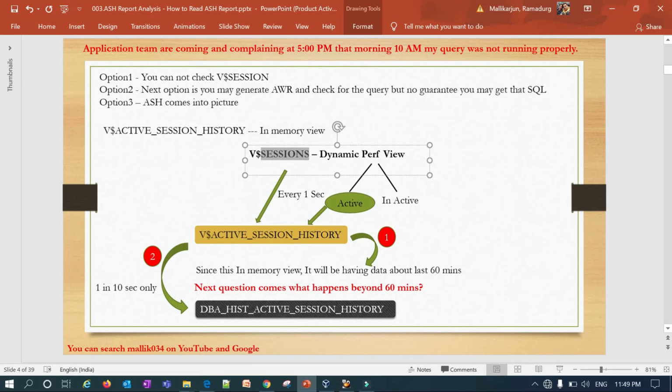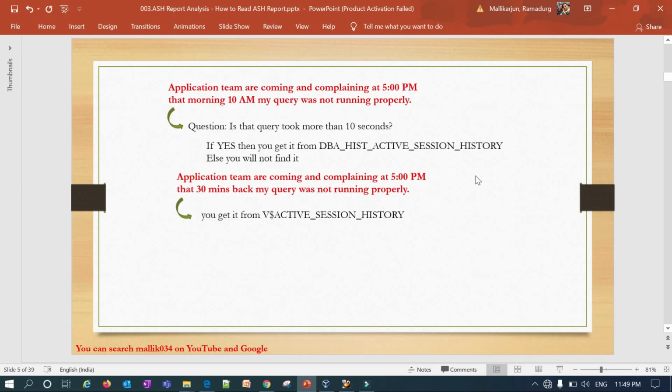And if the query ran beyond that 60 minutes, like 1 hour back or 2 hours back or 3 hours back, you can check it in DBA_HIST_ACTIVE_SESS_HISTORY. These are the three combined: V$SESSION, active session history, and DBA_HIST_ACTIVE_SESS_HISTORY, all together you can form your ASH report. I'll go into detail in my next slide.